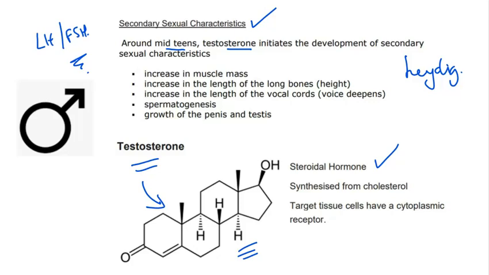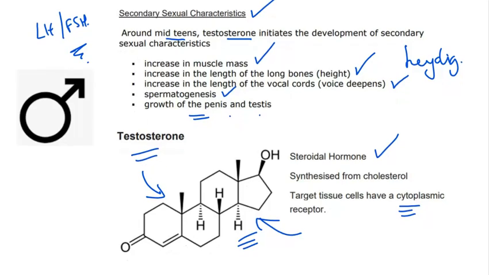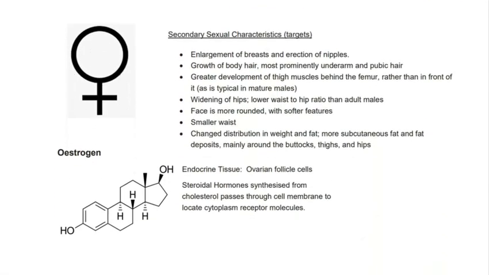So this steroidal hormone brings about an increase in muscle mass. It brings about an increase in the length of the long bones, and hence one becomes taller. It changes the length of the vocal cords, and this leads to a deepening of the voice. There's an initiation of spermatogenesis within the seminiferous tubules of the testes, and there would also be a growth in the reproductive organs, the penis and the testes as well. So the hormone testosterone is shown here, and it has receptors in multiple target tissues. Now the LH and the FSH